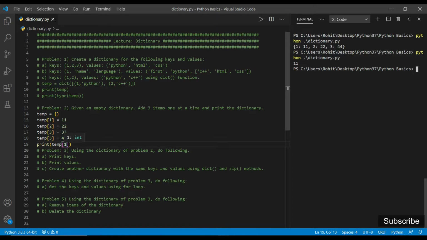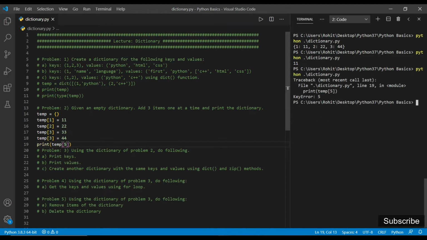If I try to print an item which is not there in the dictionary, suppose I try to print temp[5], then we will get an error, and it is a key error, because we don't have any value corresponding to the key 5. So we also have a method which avoids this error.